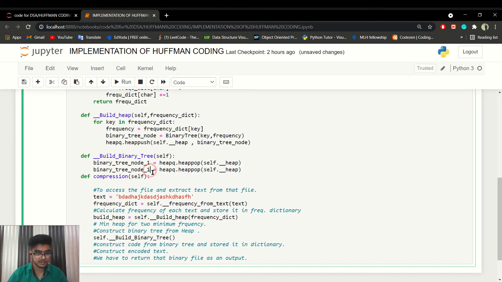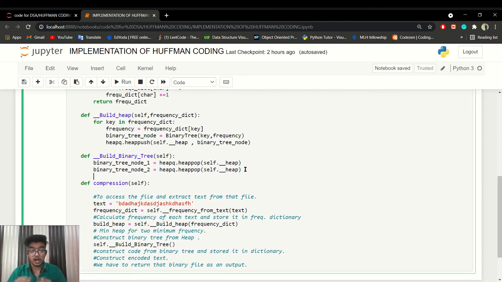Let's make it 2. Now after these two nodes, what we actually want is to create a new node. The new node has key none, and the value is the sum of these two frequencies, the binary tree node 1 frequency plus the binary tree node 2 frequency.